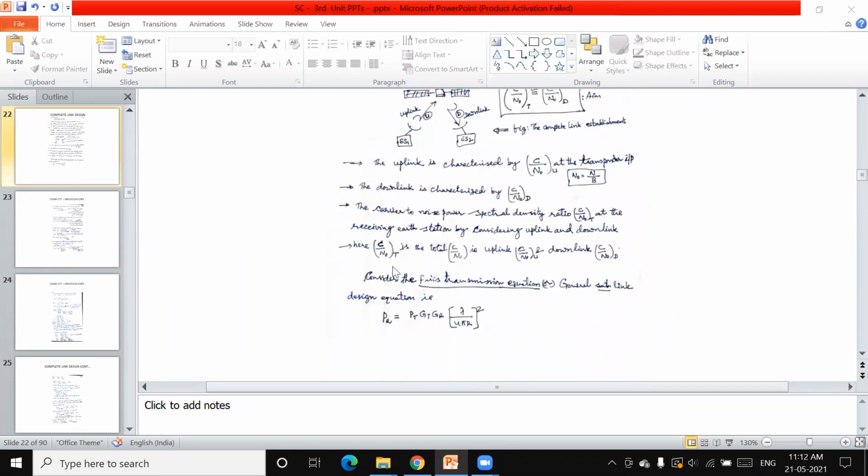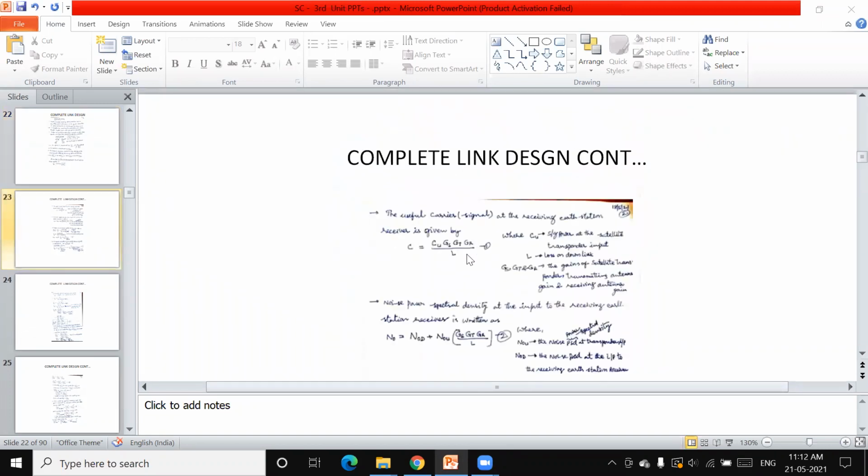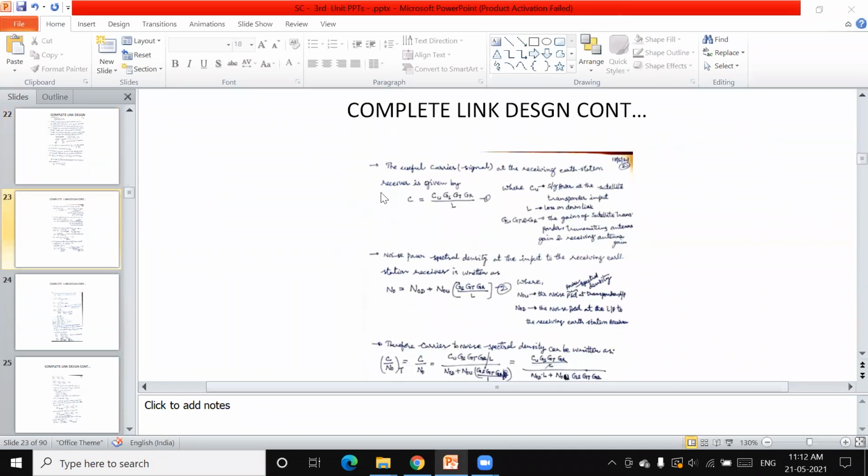Please all of you see what is the first equation you are going to consider. This is the useful carrier power at the receiving earth station. Please see: earth station 1, transponder or satellite, and receiving earth station 2. From here, what could be the receiving carrier power? It is the signal going up and coming down, that is nothing but the uplink carrier power into GS, GT, GR by L, where L is the losses that you need to subtract.